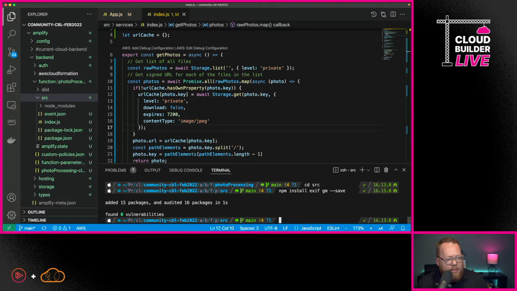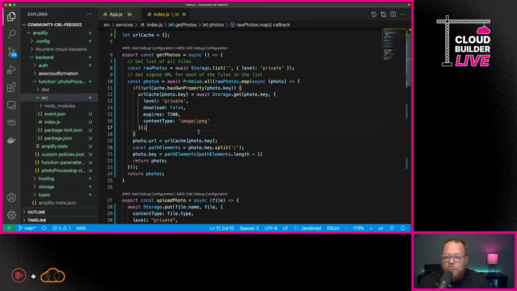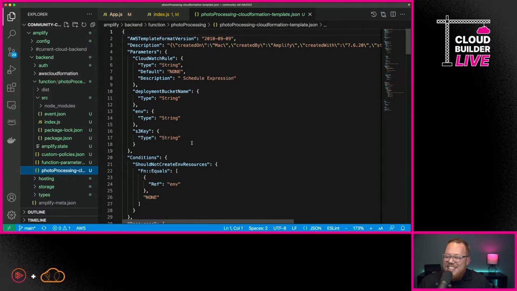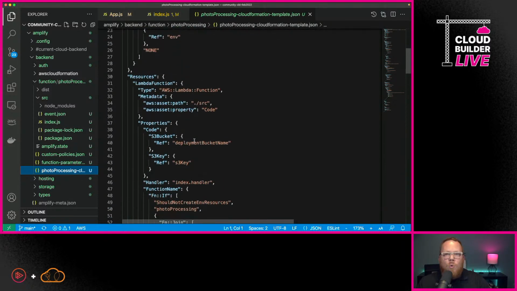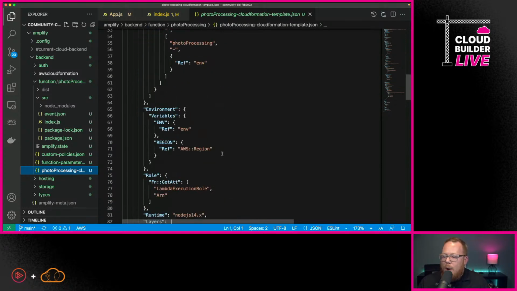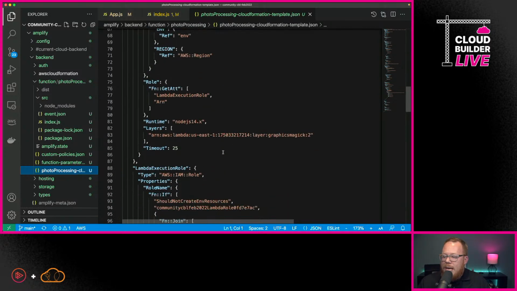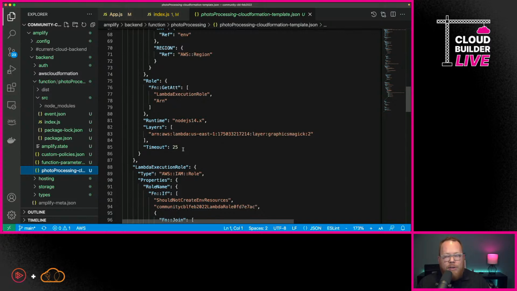The next thing that I want to do here, and I'm going to go ahead and close this terminal, is we can now look at some of the behind the scenes stuff with Amplify. So here you can see this is the CloudFormation template that has been generated for our function. And if you're not familiar with CloudFormation, don't worry about this yet. You probably won't need to get in and edit anything yet. What I do want to do though, is go in and change a couple of quick values with this.